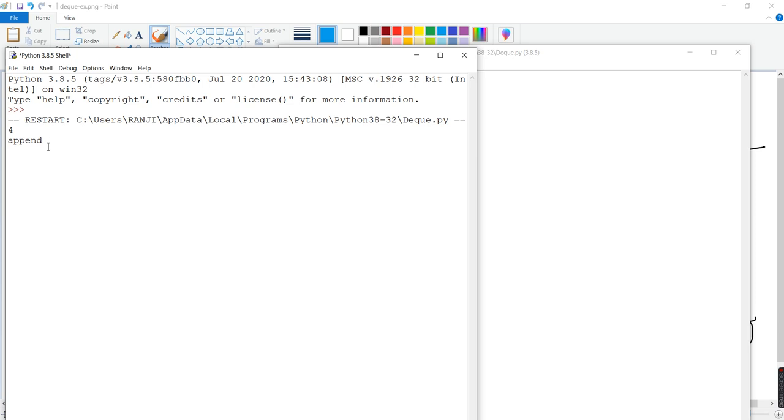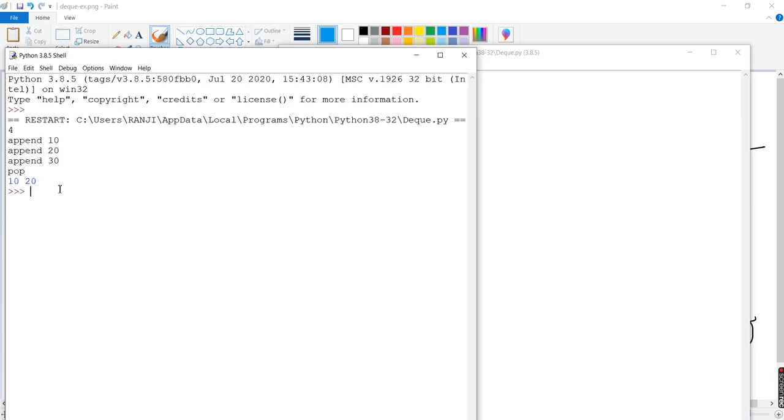So first I'll append value 10, then I'll append 20. So we have done 2 operations, now 2 more operations. I'll append 30, then I'll call pop.